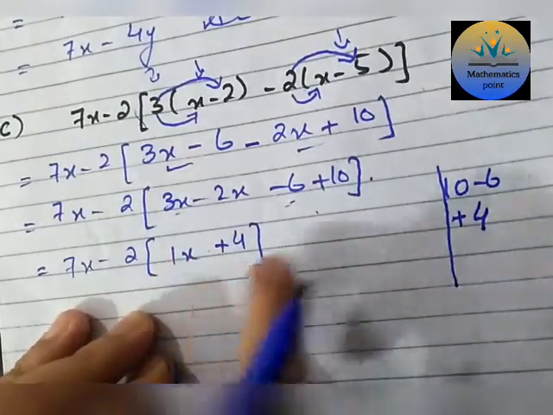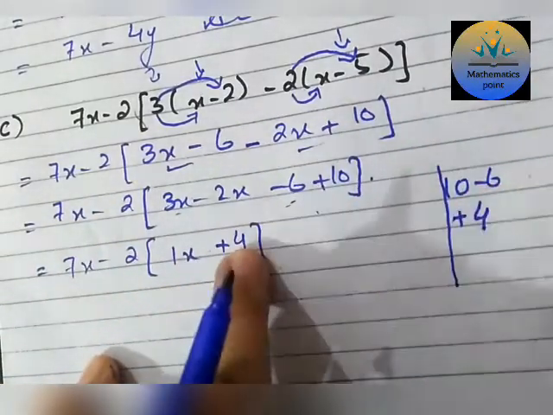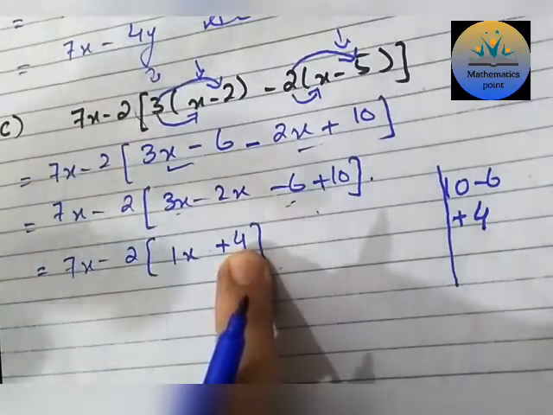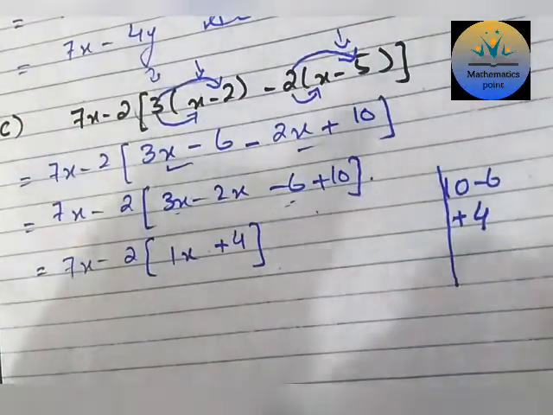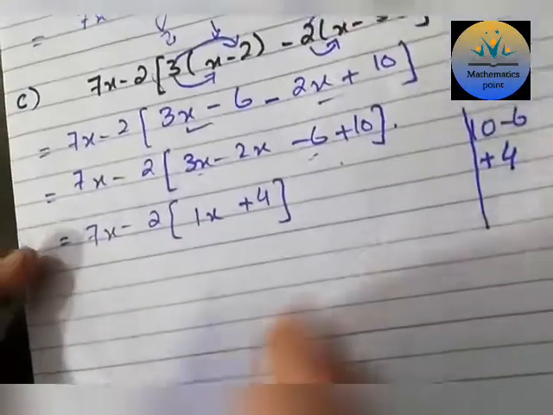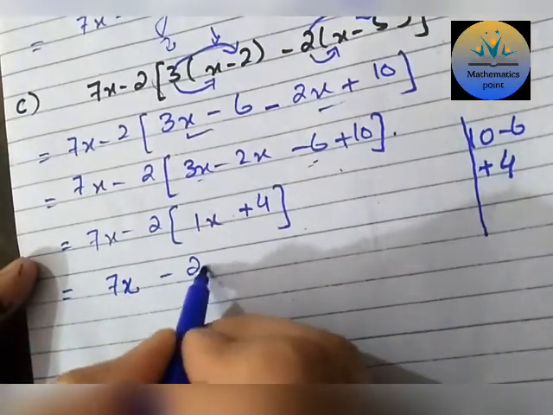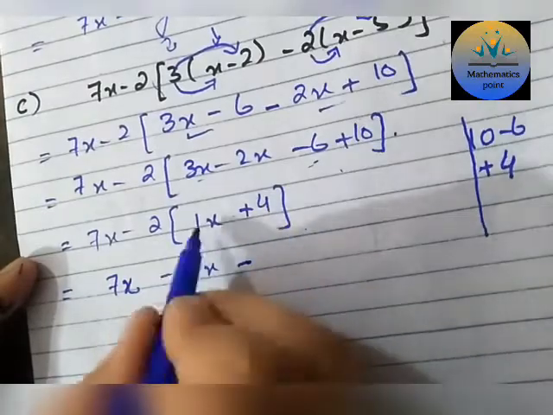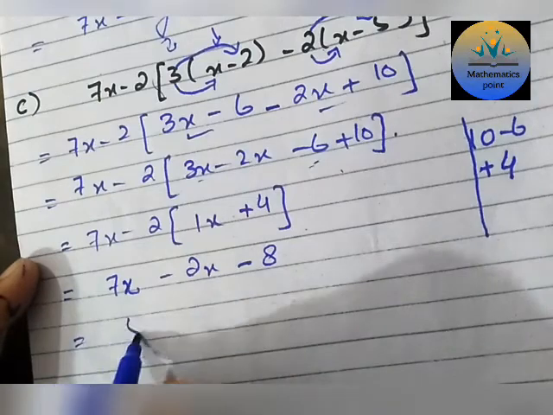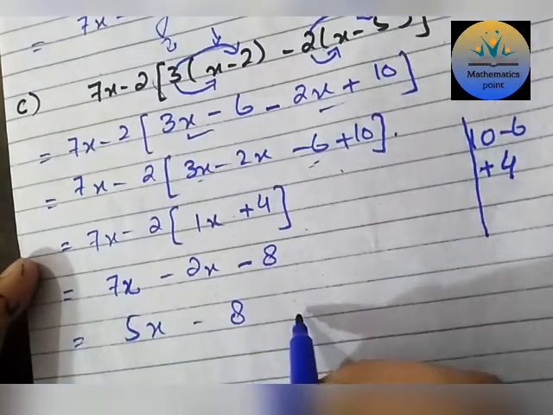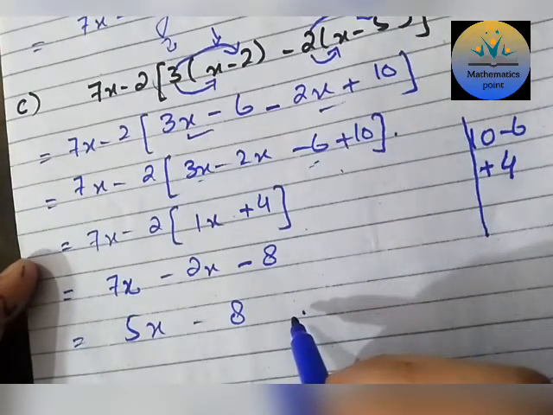But in this position, you don't need to just invert the sign. Whenever we are talking about opposite signs, you have to place the sign of the greater term in that place. We just make mistakes regarding the sign. So 7x plus minus minus, 2 1s are 2x, and plus minus minus, 2 4s are 8. 7 minus 2 is 5x minus 8, and that is done. Practice now for question 1.